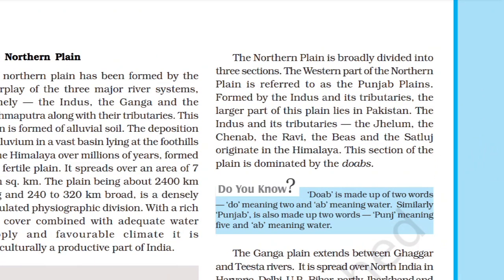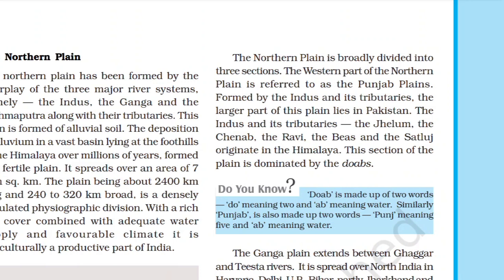The Northern Plains has been formed by the interplay of three major river systems, namely the Indus, the Ganga, and the Brahmaputra, along with their tributaries. This plain is formed of alluvial soil. The deposition of alluvium in the vast basin lying at the foothills of the Himalayas over millions of years formed